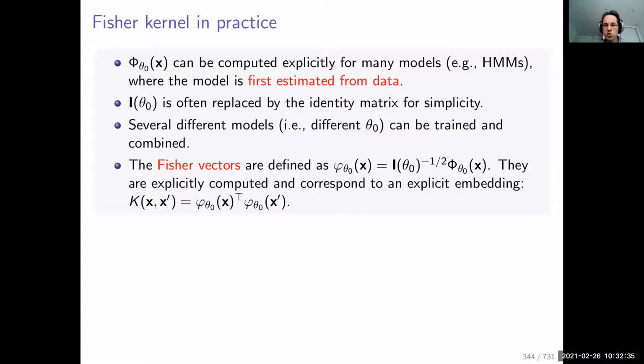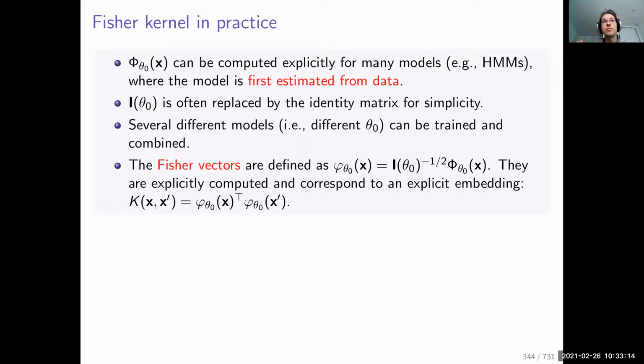But when we look at the computer vision literature from 15 years ago, people were often replacing, in practice, the Fisher information matrix by the identity. In that case, it simply corresponds to using the Fisher score as a data embedding. It doesn't mean that all the works using the Fisher kernel were doing that. It's only a few lines of work in computer vision, which used a particular parametrization that was working well, and there was no need for that work to be invariant to the parametrization.